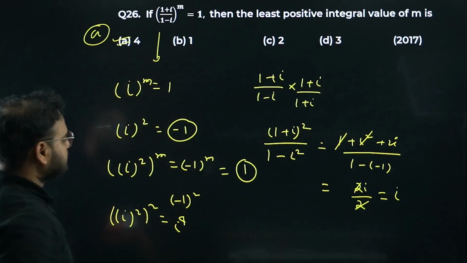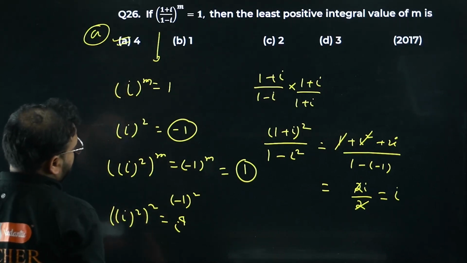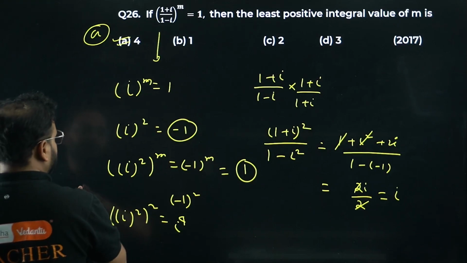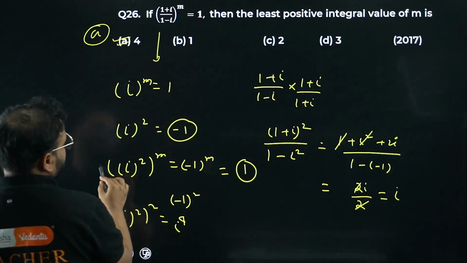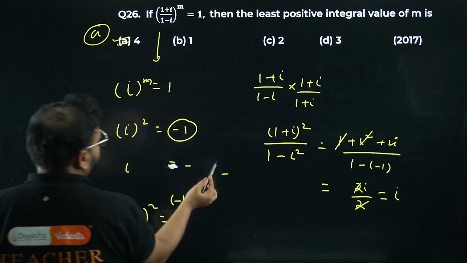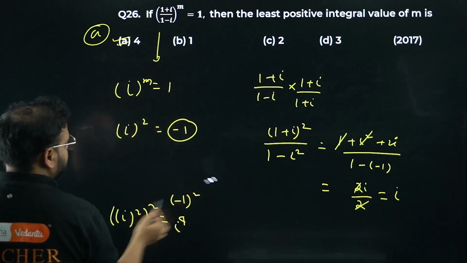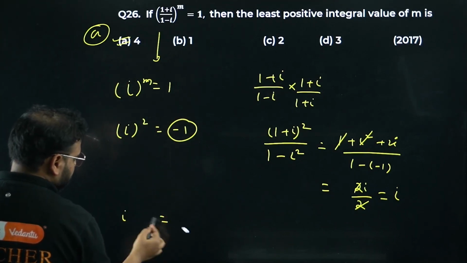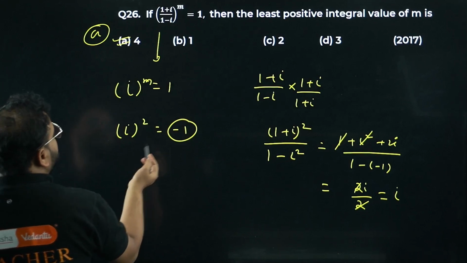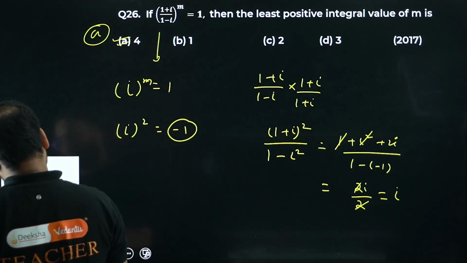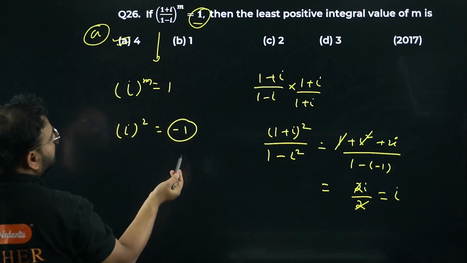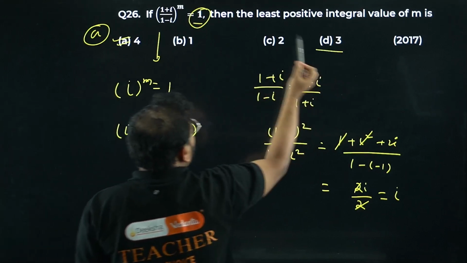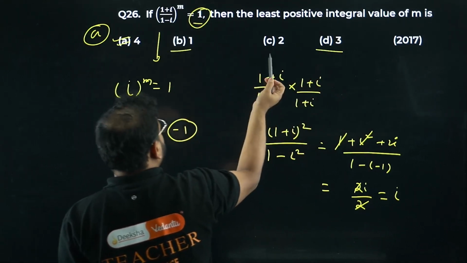Okay, correct, now i square. I can just compare this. No need of writing all of this. It's simply confusing. One second, I'll show you one last time. Please check. i square is minus 1, right? And I want this to be plus 1, right? It means it has to be more than 2. It can't be 3. It'll become minus only. If you take 1, it'll be simply i.